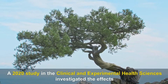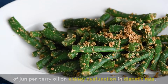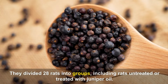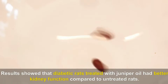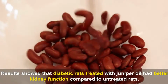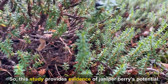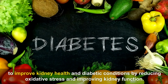A 2020 study in the Clinical and Experimental Health Sciences investigated the effects of juniper berry oil on kidney dysfunction in diabetic rats. They divided 28 rats into groups, including rats untreated or treated with juniper oil. Results showed that diabetic rats treated with juniper oil had better kidney function compared to untreated rats. So, this study provides evidence of juniper berry's potential to improve kidney health and diabetic conditions by reducing oxidative stress